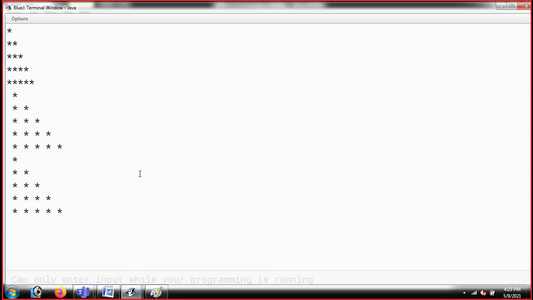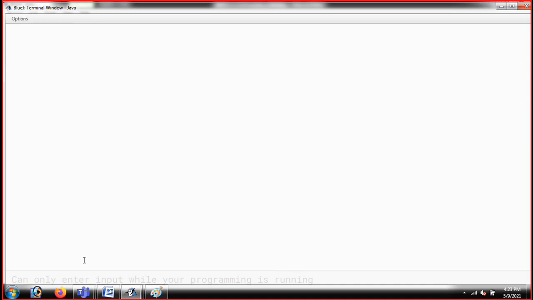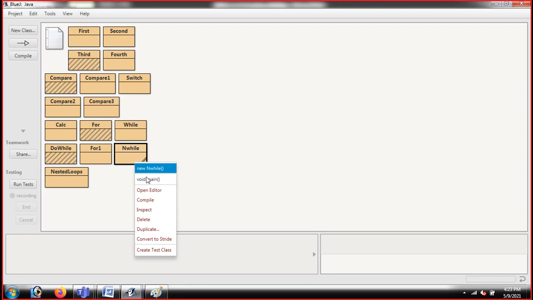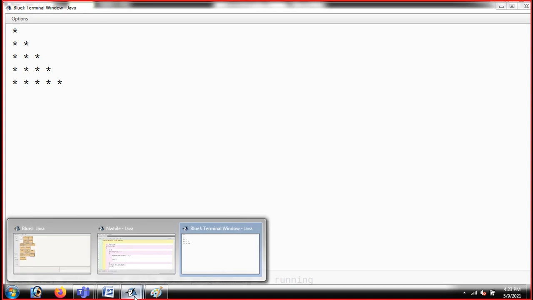I'm just going to come back to my output screen now. See, guys, this is my program. This is the output of my code. And if you want, you can remove all old outputs, and you can see the new output. Once again, I'm going to right click here and click on run. You can see the output. You can see spaces, you can see rows, columns. This is my output, guys. This is a program I'm going to give you in the description.